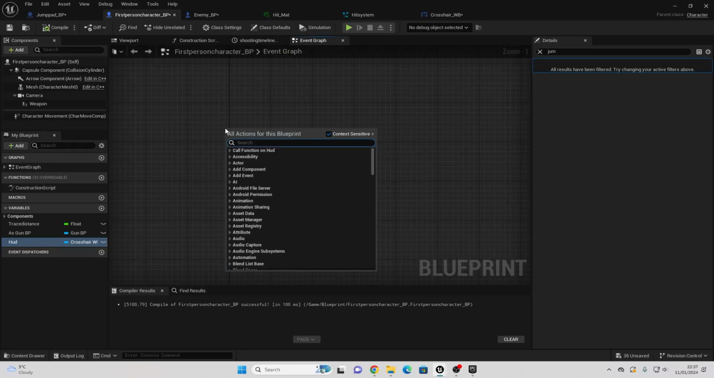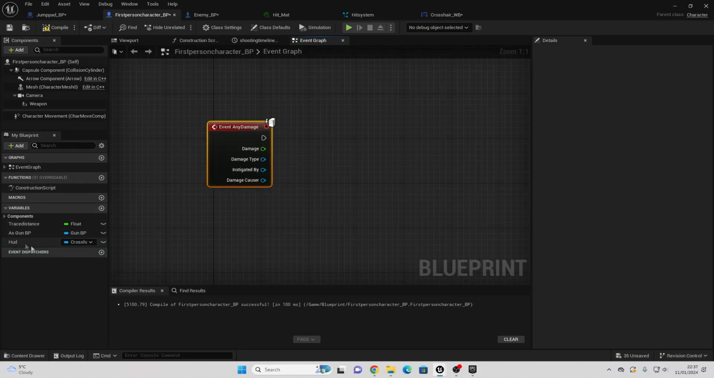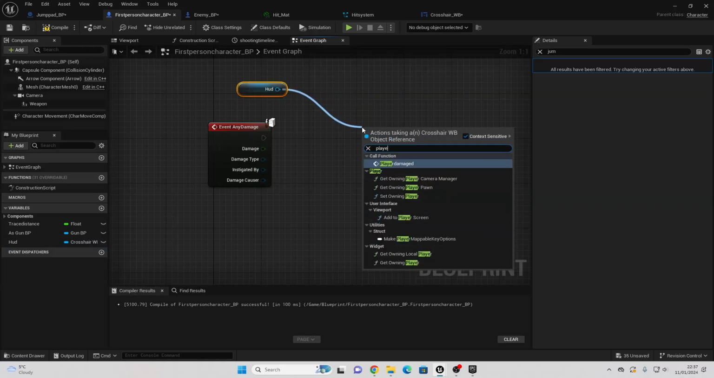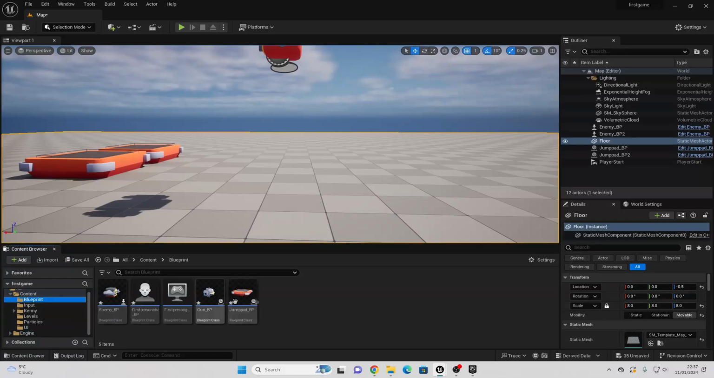I'm going to right click and look for Event Any Damage. And with Event Any Damage, what I'm going to do is drag in my HUD, drag off here, and pull the player damaged custom event that we made. And I'll just connect from here to here. Compile this. Then if I go back to my enemy blueprint,